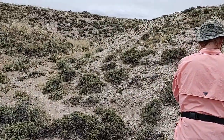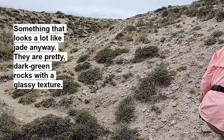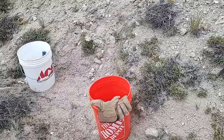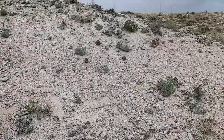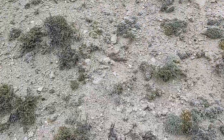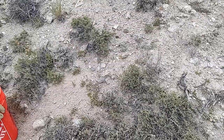But here in this wash, and on the side of this hill, it seems to be just covered with Wyoming Jade. I took a double handful back to the truck and brought our buckets back out here with me so that we can really load up on this stuff. The rain seems to be holding off for the moment, so we're going to collect some of this wonderful Wyoming Jade that seems to be littering this entire hillside here,